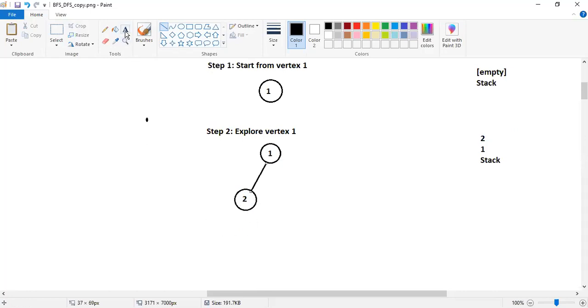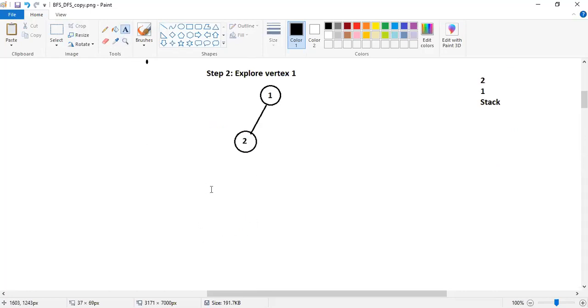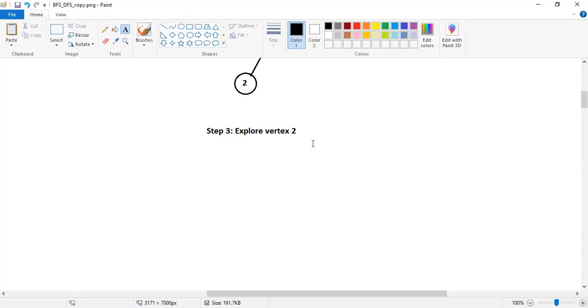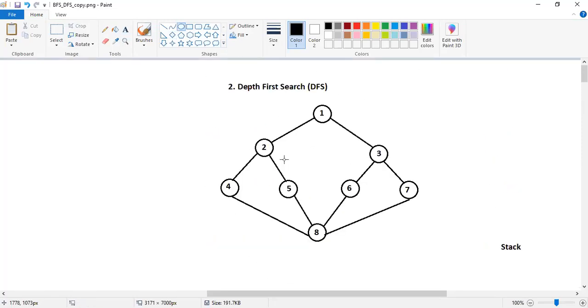Then the next step. Step 3 says to explore vertex 2, because that was on the top of the stack. So I will have first vertex 1, and then from vertex 1, 2 is connected.